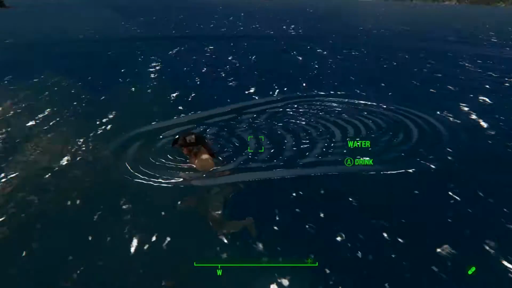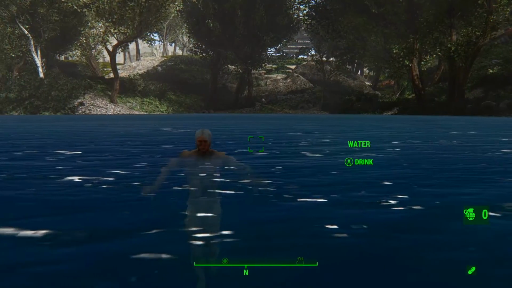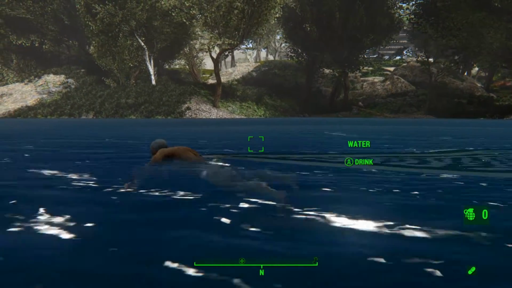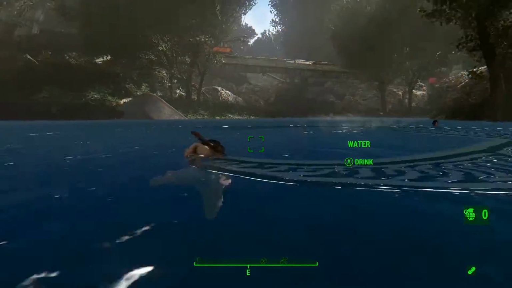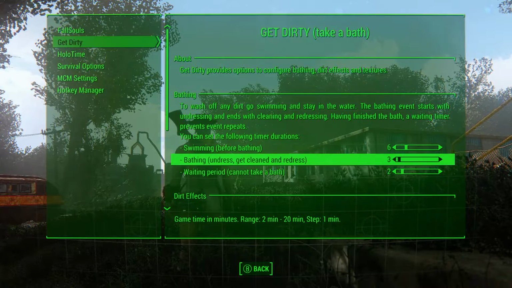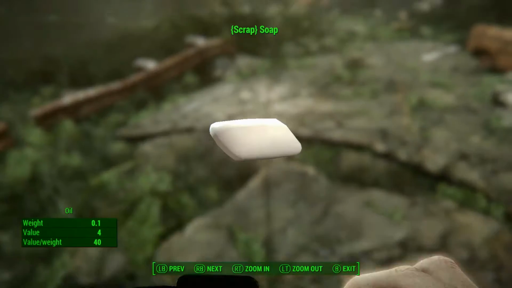The first is to go swimming. You need to actually swim for this to work, of course. Or method number 2, you use a shower or a bath from mods which add this kind of stuff. You will be automatically undressed, cleansed and then dressed again. There is an MCM menu where you can configure how long which action takes. Oh, and the third possibility is...